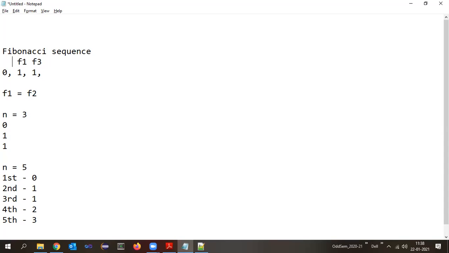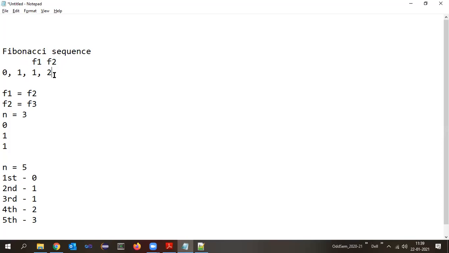Now tell me, if I repeat through the statements, what is the f1 value now? 1. f2 value? 1 plus 1, 2. Correct? Now next time again assume that condition is true. So assume these statements are also there. What will happen? This one will become my f1 and f2 will become 2.